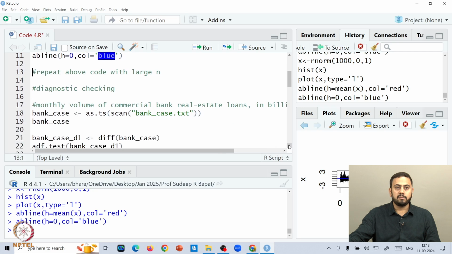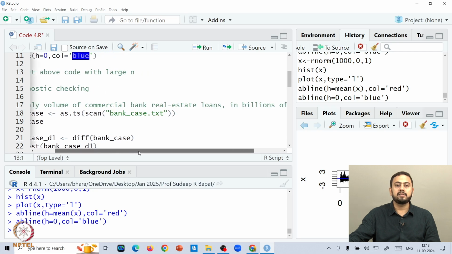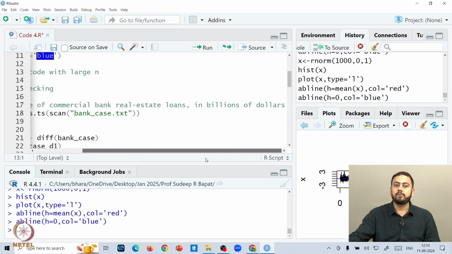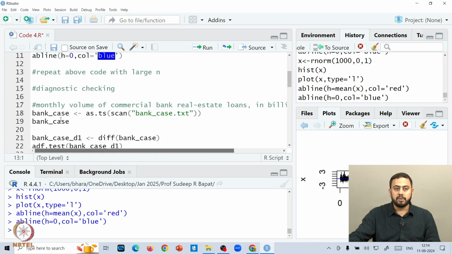And again, we'll take up the same data set that we worked upon in code 3, okay. Just to give you a brief summary of what that data set was: we are focusing on the monthly volume of commercial bank real estate loans in billions of dollars. You have a data set called bank case, stored in a text file.